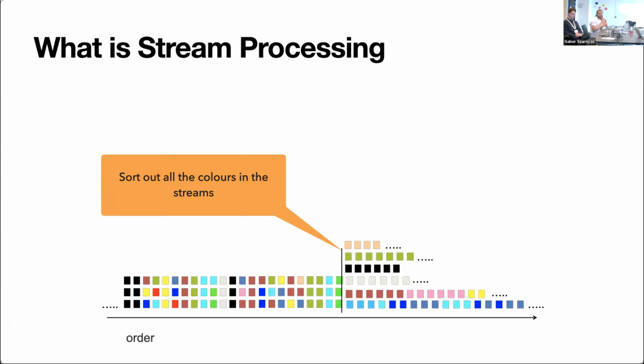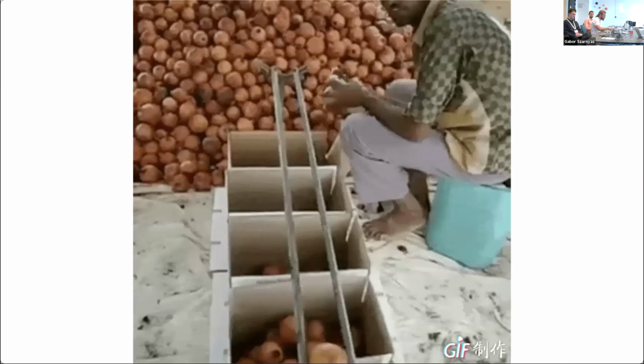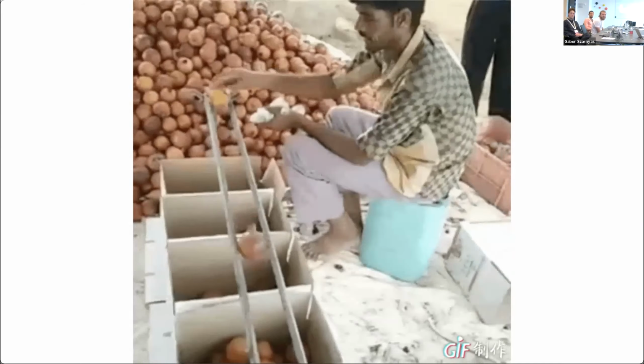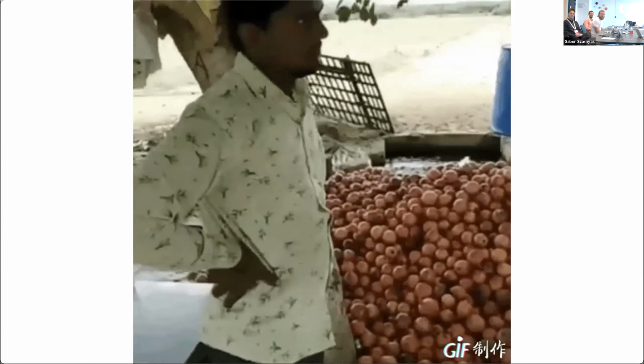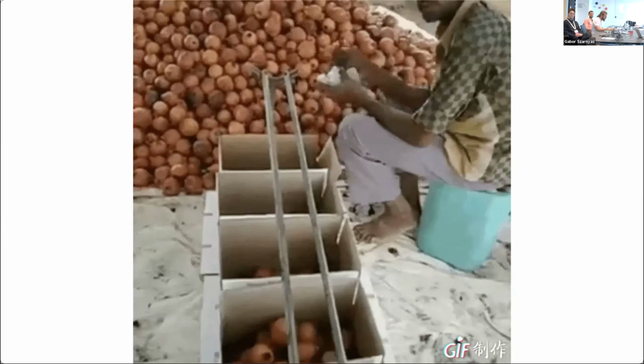So let's start with stream processing in the simplest possible way. A stream of colored cubes, you want to sort it. By processing one element at a time, you can imagine you are actually doing stream processing. You are doing it in a stateless way, and you can do nice things like removing this element from the stream or splitting various colors. And if you want a real world example, I think this gives pretty much the idea of what I mean. One onion at a time, you can sort it out.